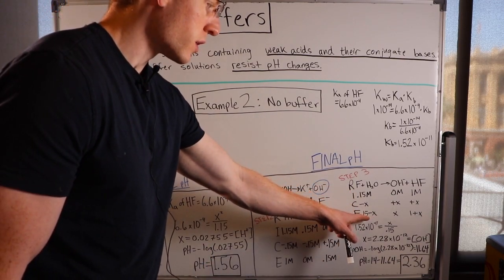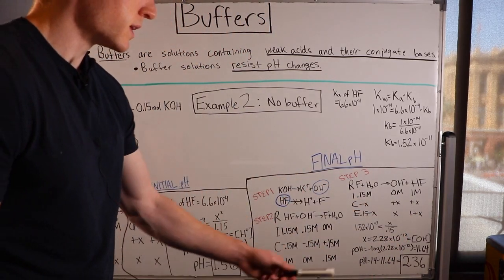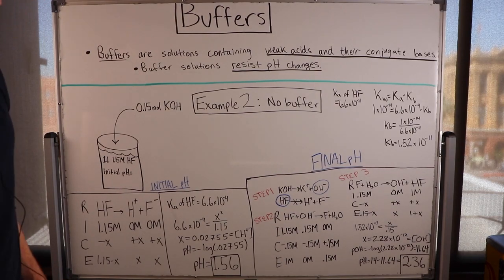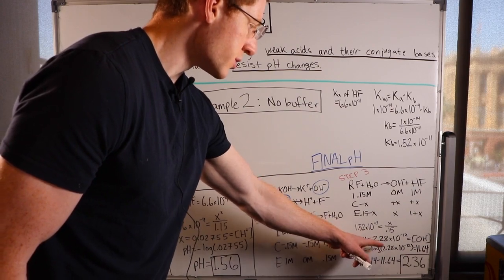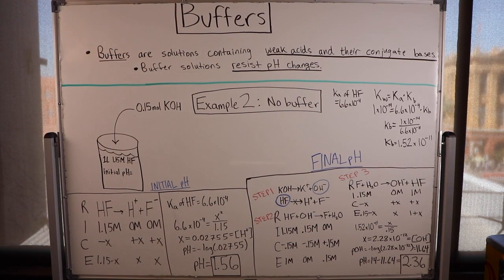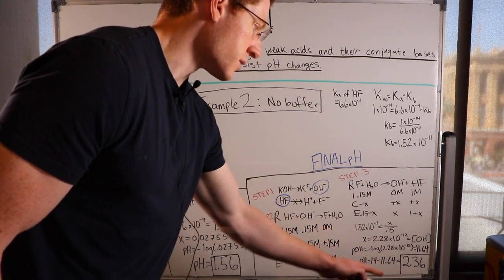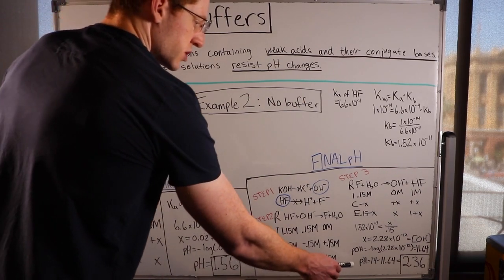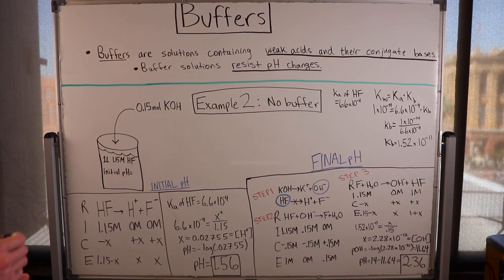So we can use our shortcut rule and ignore this minus x and this plus x. So we get x over 0.15. If you solve for x, that will be your hydroxide concentration, 2.28 times 10 to the negative 12. And then the pOH is the negative log of that hydroxide concentration, which was 11.64. And then finally, we know that pH is 14 minus the pOH, which ends up 2.36 after we add in